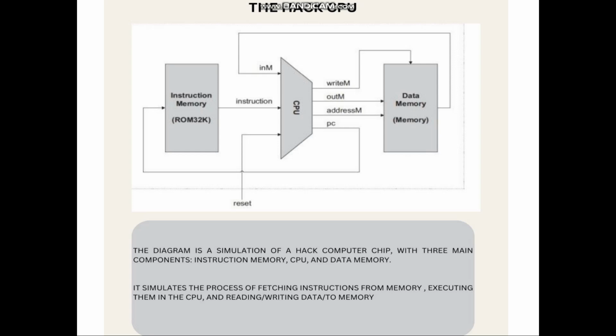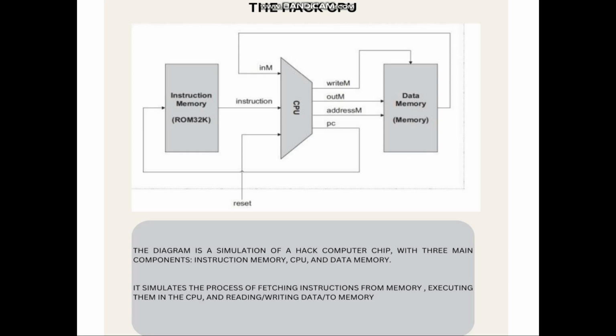In short, the instruction memory stores the instructions for a program. The PC, which stands for program counter, is a register that holds the address of the next instruction to be executed by the CPU. In a Hack computer, the data memory is used to store data that the CPU uses